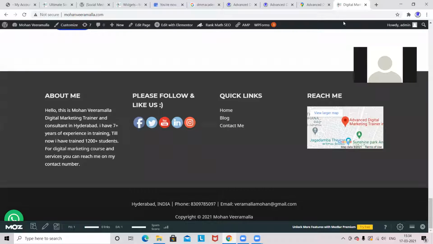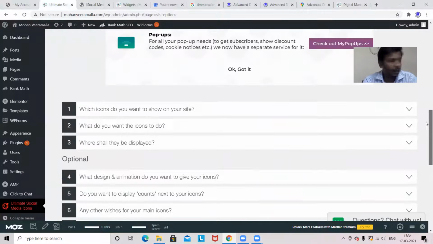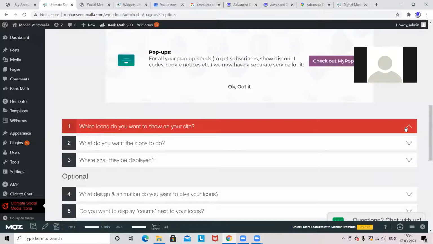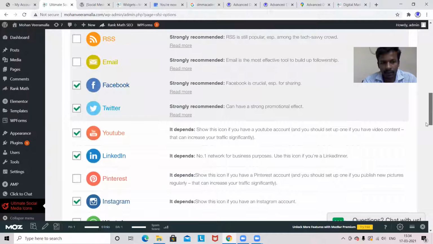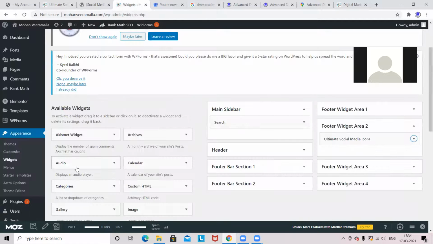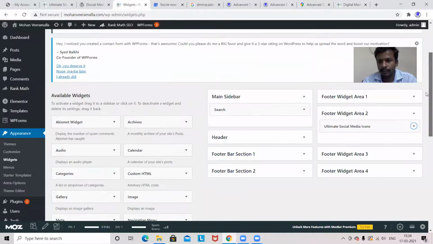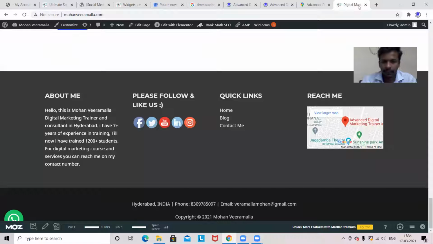Yes, sir. Share it. So what we did, we have taken the Share it plugin and there we have selected some icons which we want to show on the website. So these icons I want to show in the footer, that's why I have selected these icons. Whichever icons I want to show on the front end of the website, I select here. After selecting, simply I went to the widgets. Appearance and widgets. In widgets, whatever plugins are available, it will show up here. Then I can use this widget and show it in the footer part. After that, it is available on the front end of the website. This here.